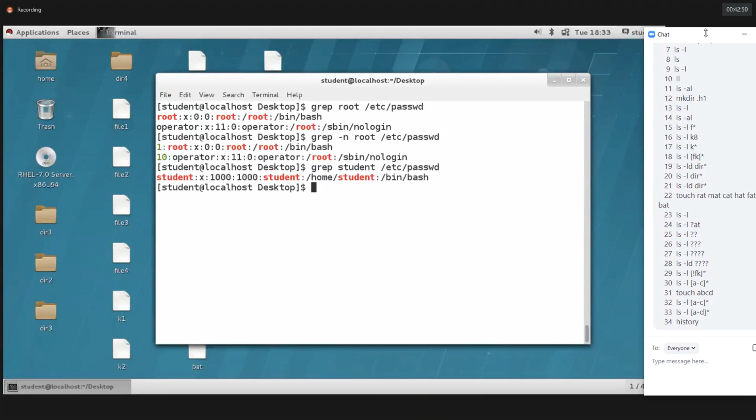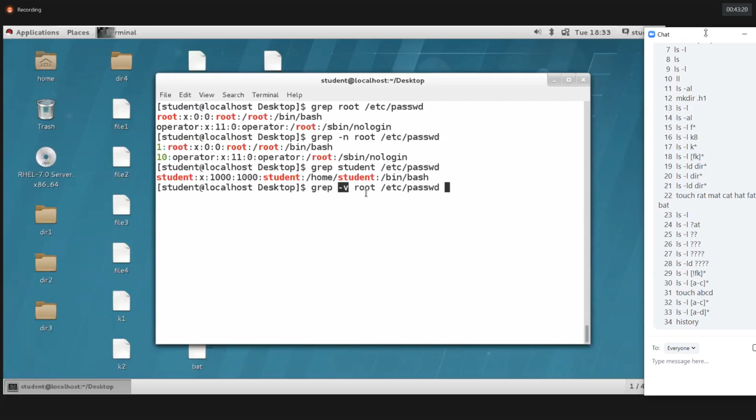grep -v is an option for excluding a particular word. I don't require the root word. Apart from root, I need to print each and every line inside the file, /etc/passwd. So grep is the command, -v is an option, v for excluding.